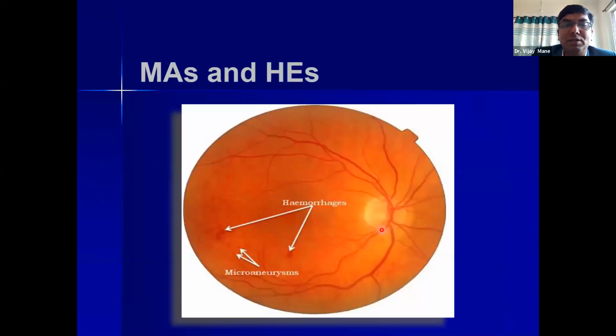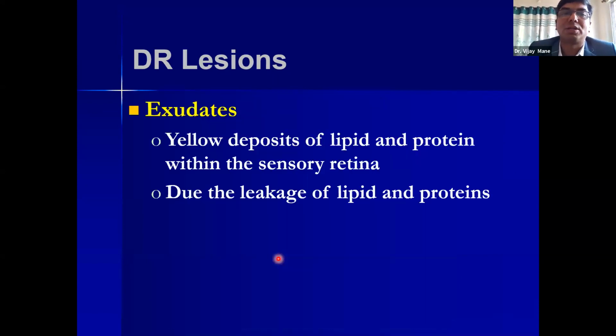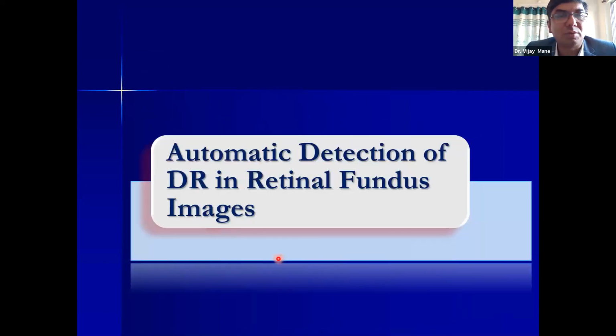So to identify all these automatically, we need to understand the exact structure of this. It may lead to a lot of false positives because of the capturing techniques, because of the noise, right? So accurate algorithms need to be developed for automatic detection of the lesions related to DR. Right. So I'll be quickly going through one case study related to this automatic detection of DR in retinal fundus images. So before that,